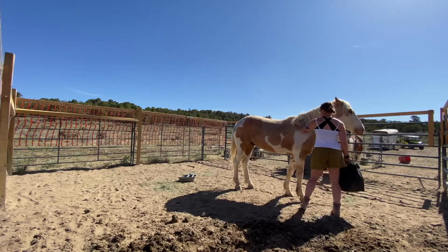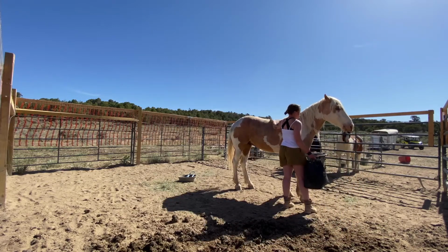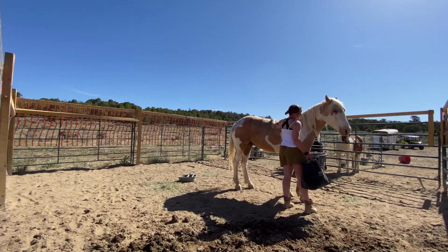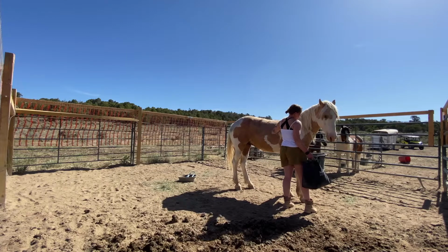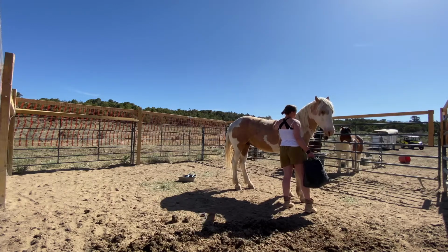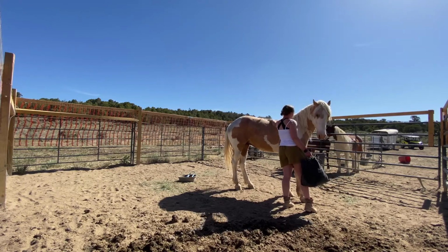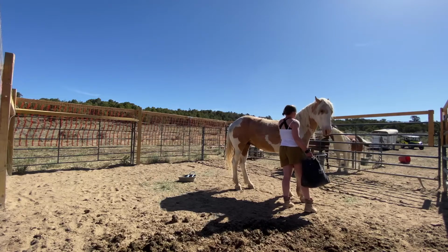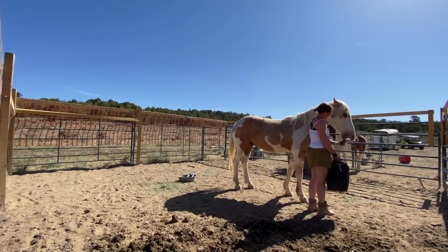Now, I wanted to include this clip so we could discuss in a little bit more detail how you know when your horse is truly enjoying scratches. So right here we see Sundancer's neck and head kind of wobbling and moving in weird ways, and if you look closely, you'll also see his lips quivering, sticking out, and maybe even drooping open. That's how you know your horse is truly and thoroughly enjoying their scratches,